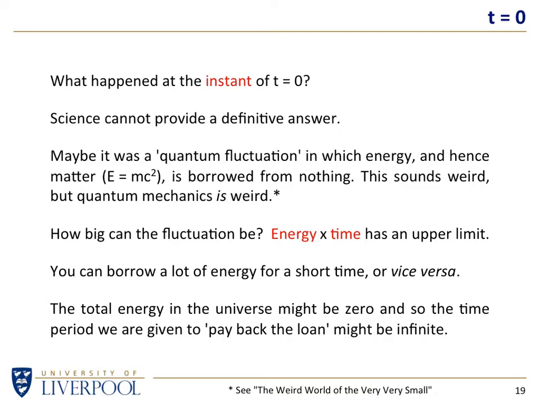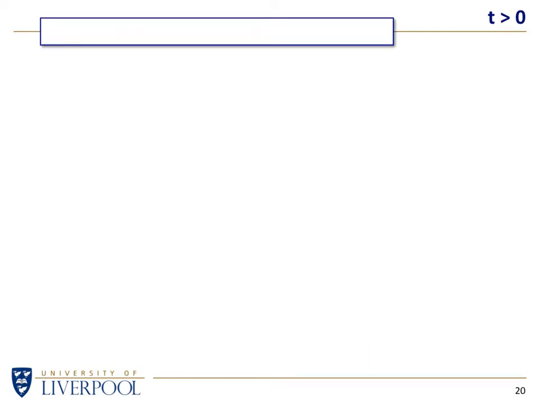So it is a really weird concept, and it might not be right. It is our understanding, based on our understanding of quantum mechanics and very small things. We know you can borrow as long as you pay it back. Maybe that's how the universe got started. It borrowed and it hasn't paid it back, because the total energy might be around zero, or at least a very small number. That is a hypothesis. It has not been proven that that is the case.